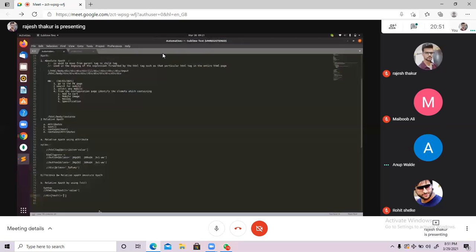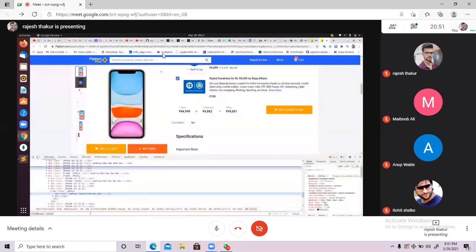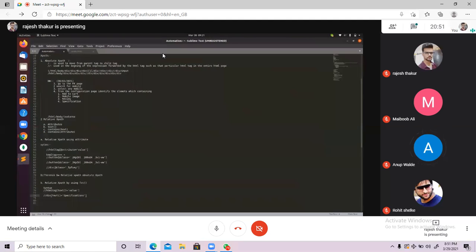What is the value? The specification is the value. Control C and Control V, copy paste. Any doubt? I am able to identify the specification also with the help of the text function. So whatever suits you, you can use either the relative attribute or the text function.